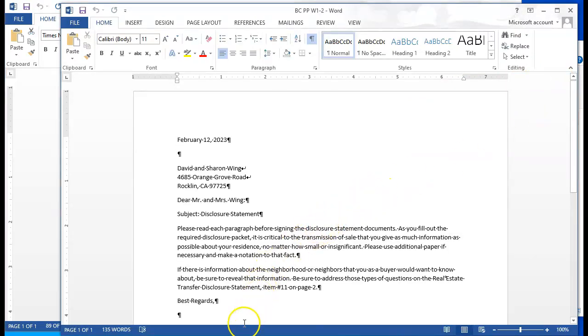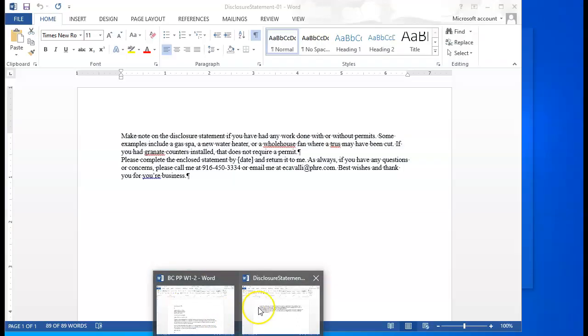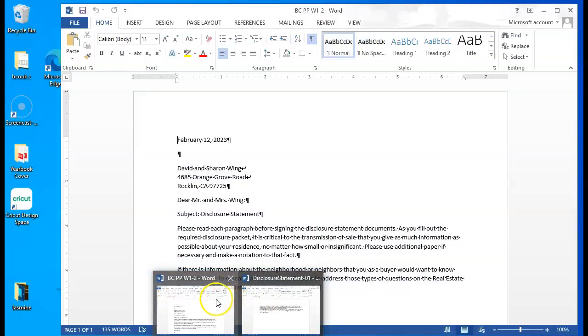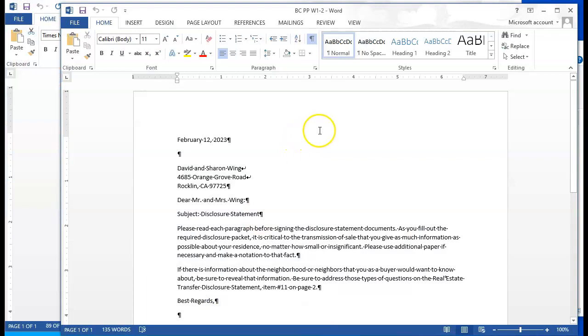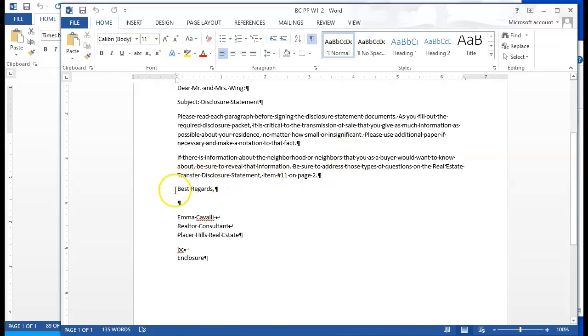If not, you can go down to the bottom where the W is on your taskbar, and you can see any Word documents that are open down there. So this is the one we want. Alright, so now we're going to find the words best regards, which is down at the bottom right here. It's our complimentary close, and we're going to click to the left of it with the mouse, and then we're